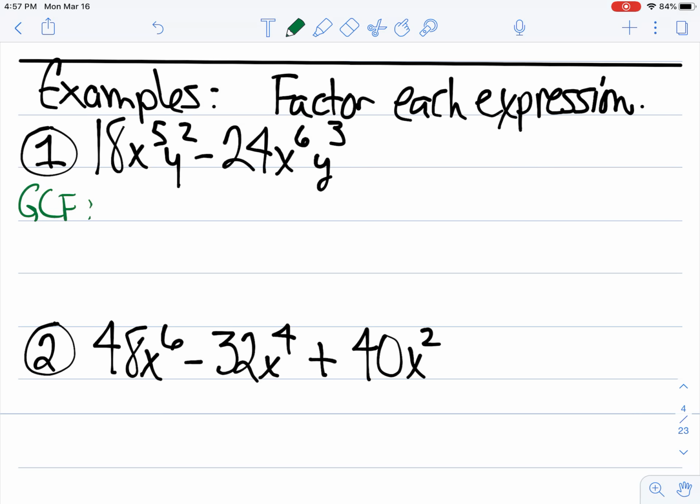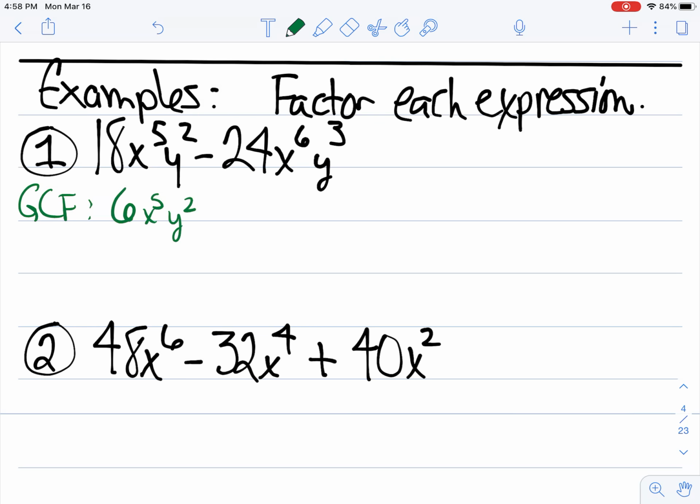I'm just going to tell you that I can tell by looking at the numbers that the GCF of the numbers is 6. Okay, they both have the biggest factor is 6. Then looking at the variables, I can see that's going to be 6x to the 5th, and then y squared, because 5 is the smallest exponent on x, and 2 is the smallest exponent on y. All right, so if I divide each one of those terms by 6x to the 5th y squared,